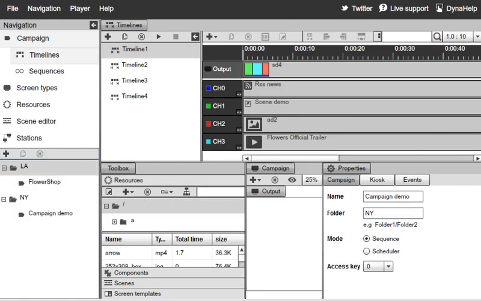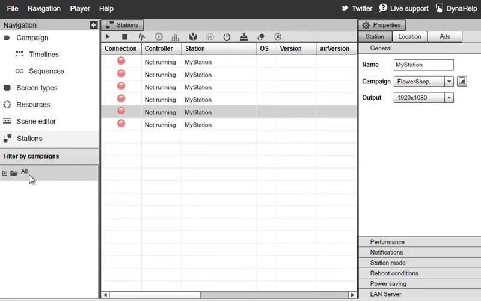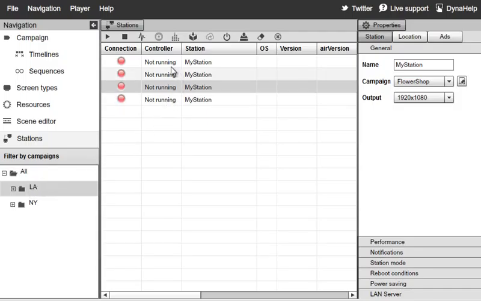Now this feature really shines when you're managing stations. If you have hundreds or even thousands of stations that you need to manage, each station is bound to a particular campaign. So in this case we have two campaigns, one in LA and one in New York. So if you switch to stations, you can see that right now we're looking at all the stations. But we can further drill down and look at only the LA campaign stations,